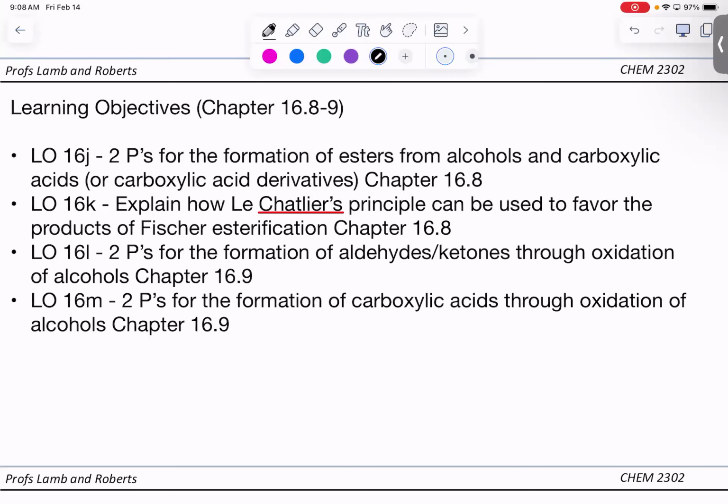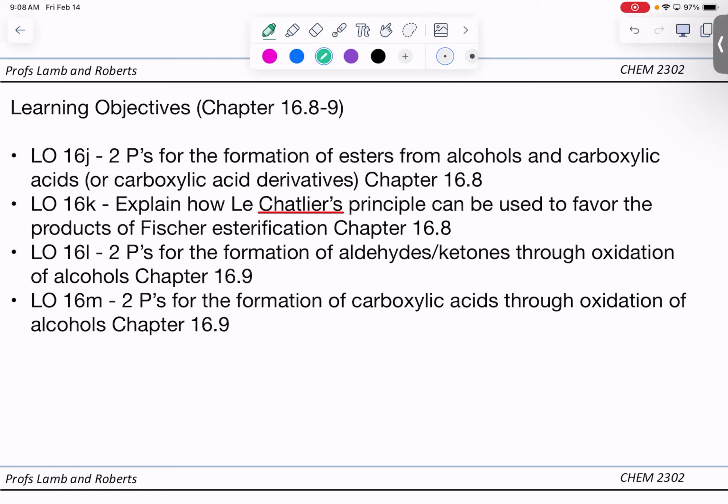So a lot of chemistry is oxidation reduction chemistry to get to what we finally want in the end. All right, let's go ahead and get started. So we're going to start out with the reaction that we're going to learn the mechanism of later on in the semester. We have a whole chapter on carboxylic acid derivatives. So I'm just going to introduce you to the 2 P's of this for now,